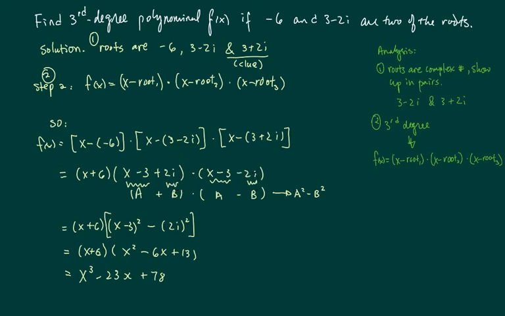Using the difference of squares, which says a minus b times a plus b equals a squared minus b squared, I can just say x minus 3 is my a and 2i is my b. Simplifying, I have x squared minus 6x plus 13, since 2i squared is minus 4. All right, and now all I have to do is multiply each one out using FOIL, and here's the final answer. Well, I hope this helps.